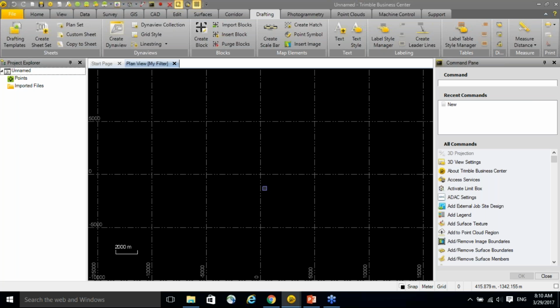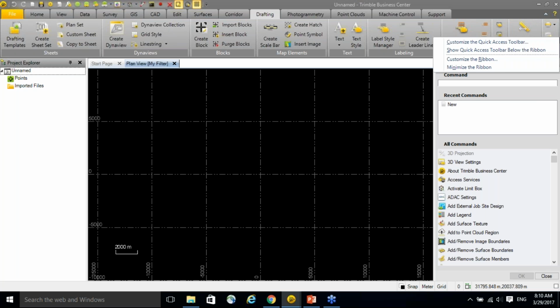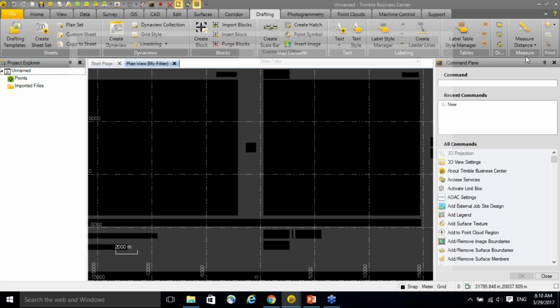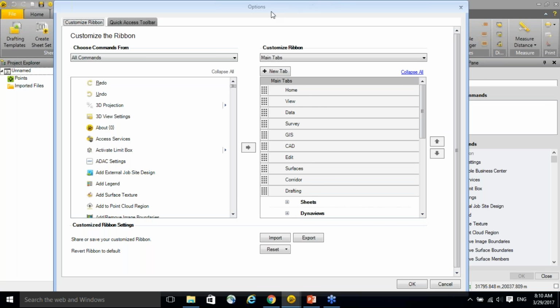So to get started, say I'm doing a survey-specific workflow, and I don't need my machine control tab, the corridor tab, or the GIS tab. The way that this works is that you can customize your ribbon by right-clicking on the ribbon itself. I'll click Customize Ribbon, which brings up the command